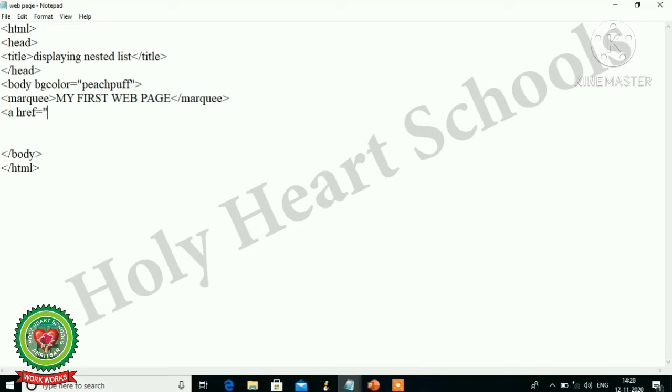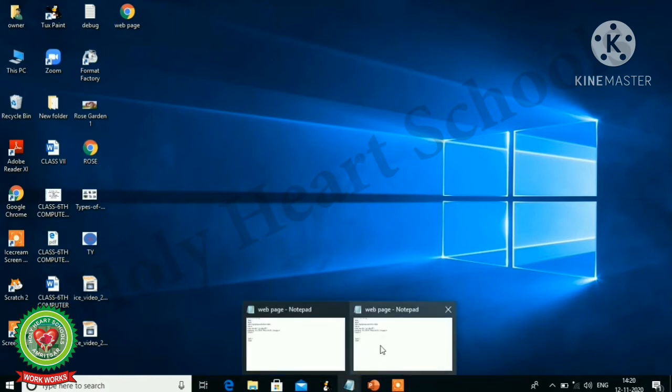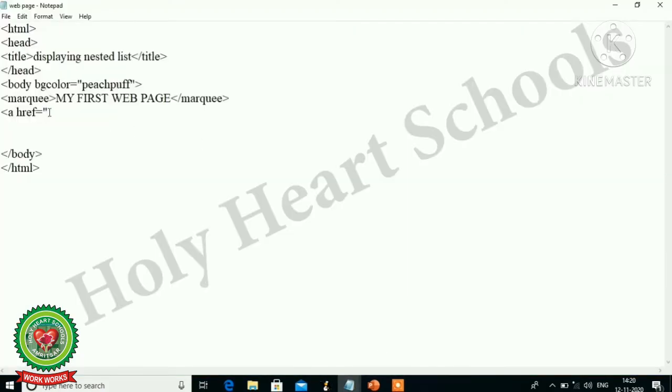Here you can give the file name, like you can see on the desktop, I am having one file with the name rose. This is an HTML file. Now open Notepad again and write down the file name over here, like my file name is rose.html.